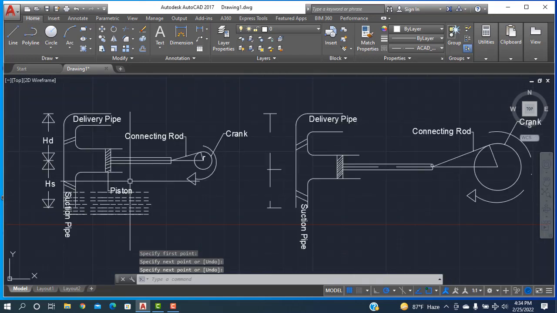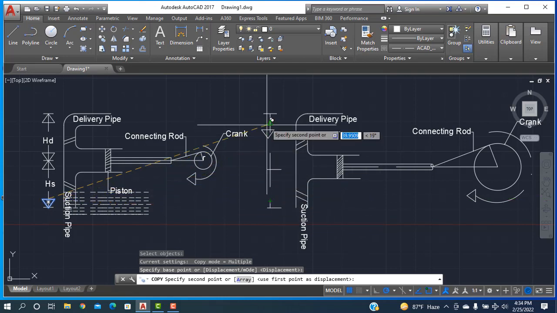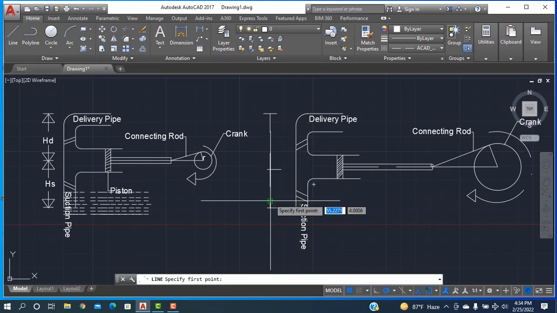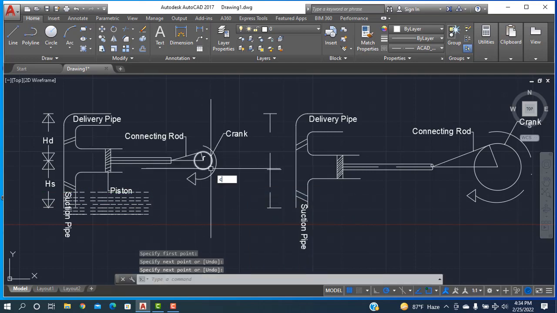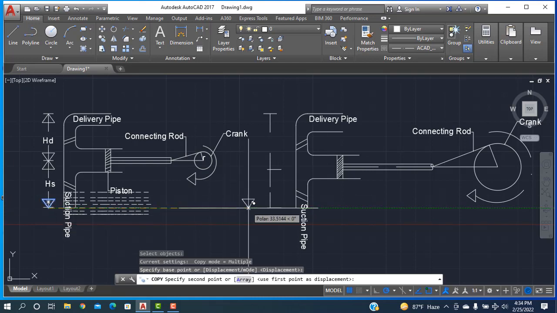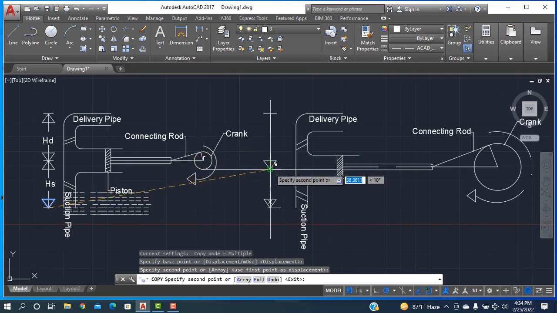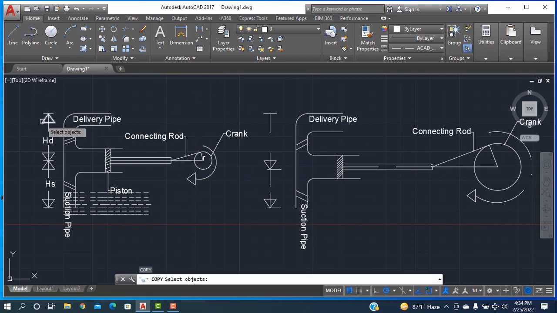Then copy, CO, copy this one, enter, and copy. I'm taking this line is larger. Okay, done. Then CO, enter, take here, enter, copy this one up to midpoint and up to here. Reference click, okay. Then again CO, enter, copy, enter,